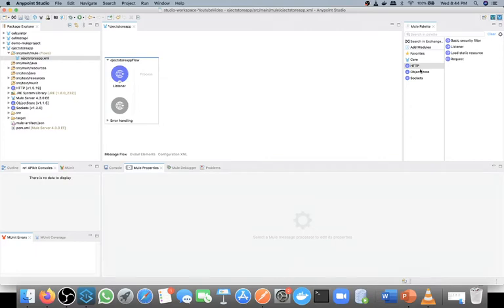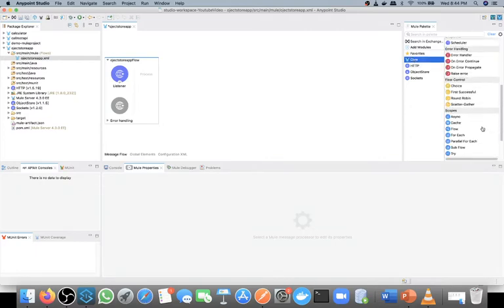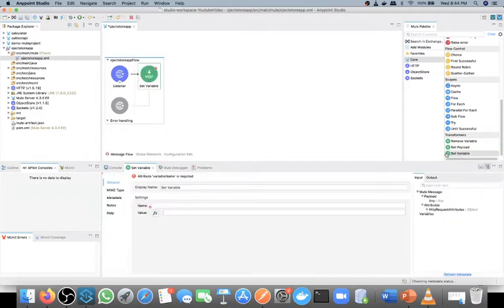Now I will create two variables. Inside one variable I will store the key and inside another variable I will store the value. I will give the variable name as key and the value I will take from the query parameter.